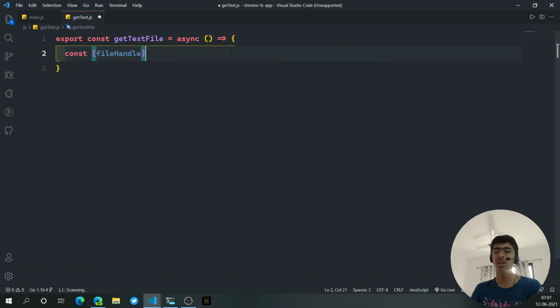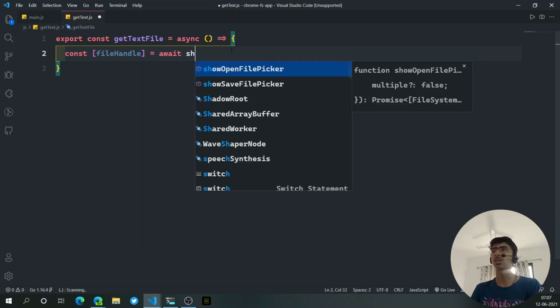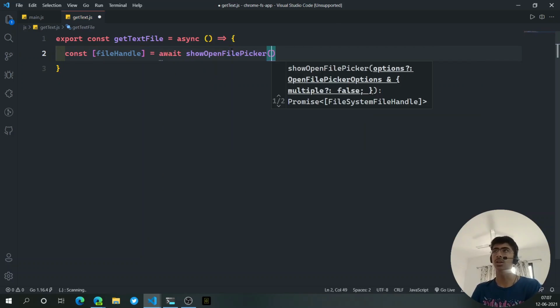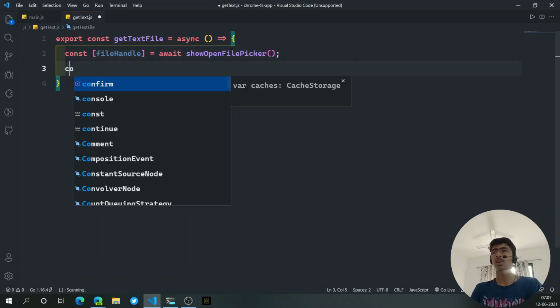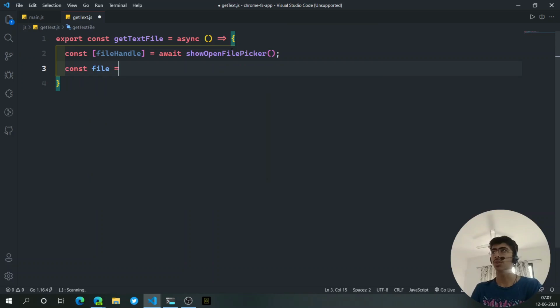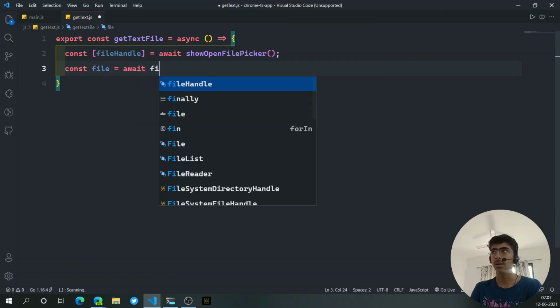Again, the same thing that we did in the previous video. It's going to await the show open file picker. Now, show open file picker is also an asynchronous function, that's why we are awaiting that. So, waiting for that to finish, and you can pass in the options, which we are going to do a bit later. Then we get the file, so we can just say const file is equal to await again file